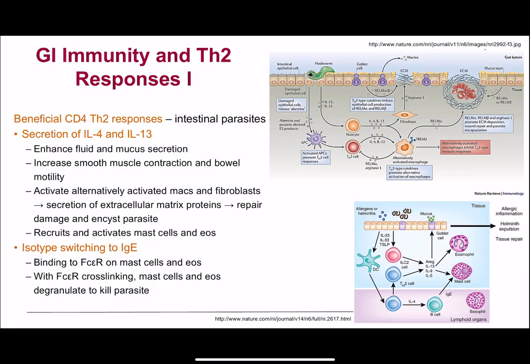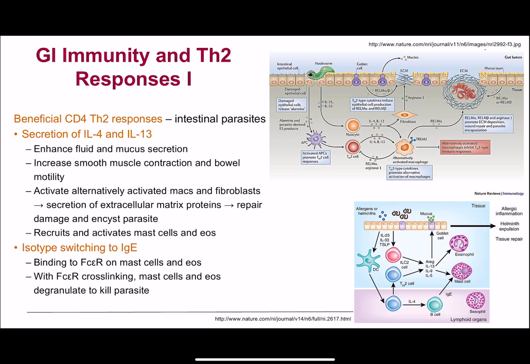Here is one case, as a viral immunologist, I like to think that type 1 T cells, CD8 T cells, those type 1 T cell responses are the most important, right? Here's one case where it's not. In the GI tract, the good default phenotype is a Th2 because you want that antibody produced so that you can secrete lots of IgA, you can secrete lots of IL-4 and 13 to now make those T-reg cells, to enhance the fluid and mucus production, to do some of these other things that we don't normally associate